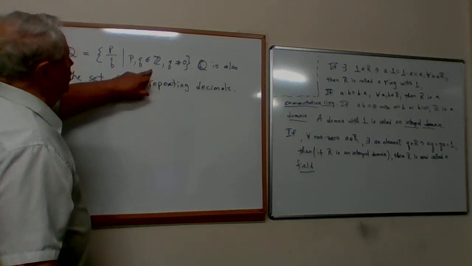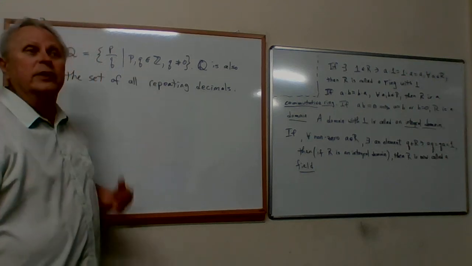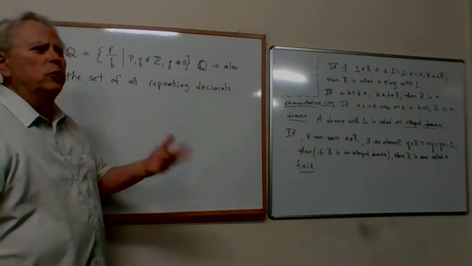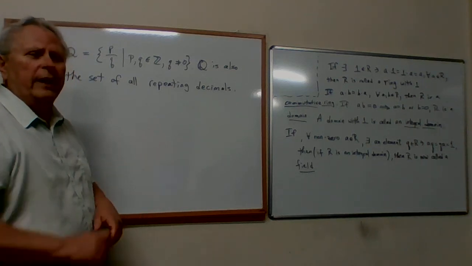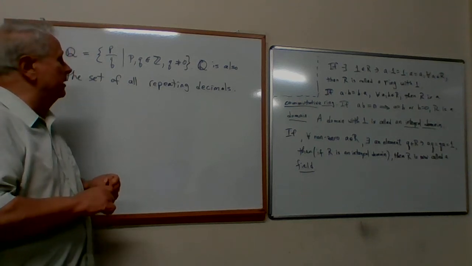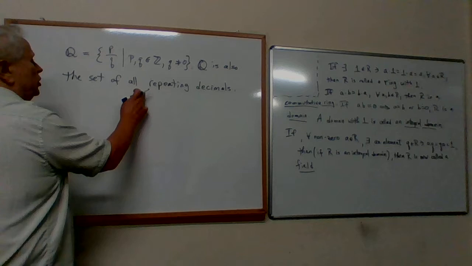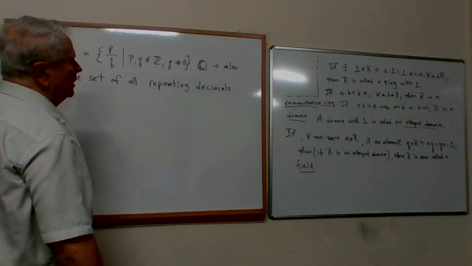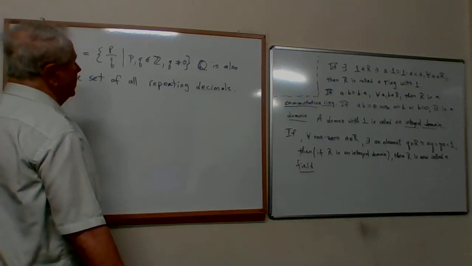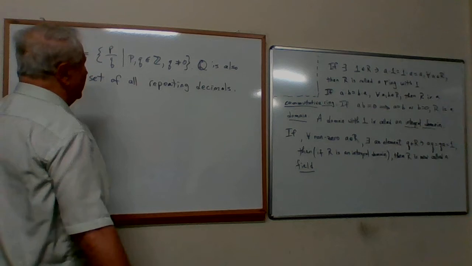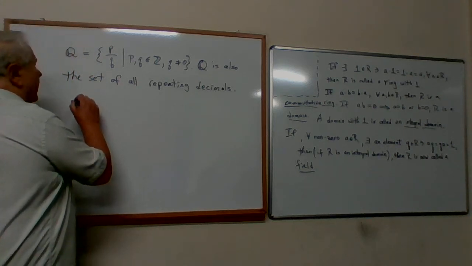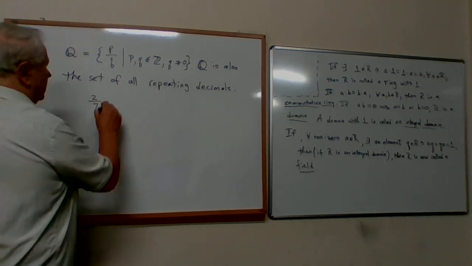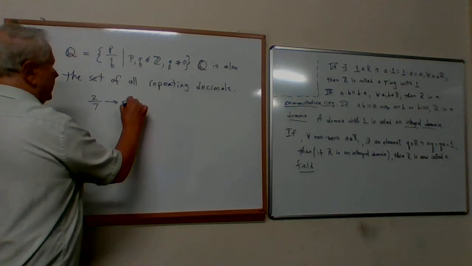The fact that these two are characterizations of the same set, the set of rational numbers, you should be able to move from one to another back and forth without any difficulty. And indeed you can. To show that this is if and only if, it's possible to prove it. I'm not going to bother to prove it because that's really not where we're going in this course, but I want to show you how to do it. For example, how do you get from 2/7 to a repeating decimal?